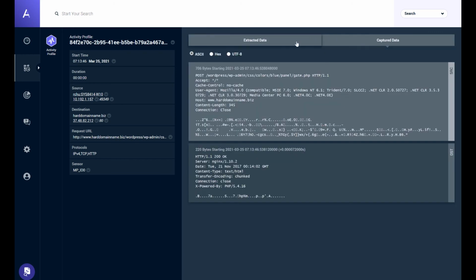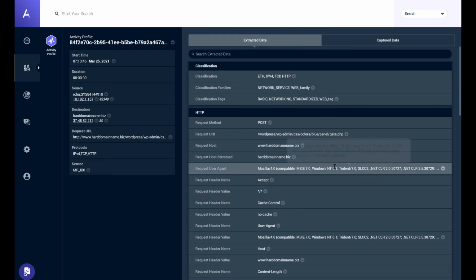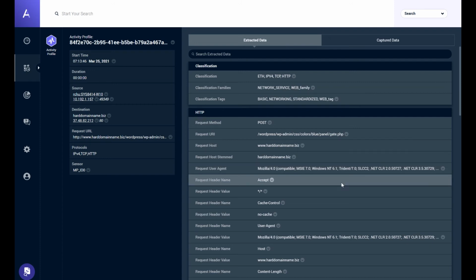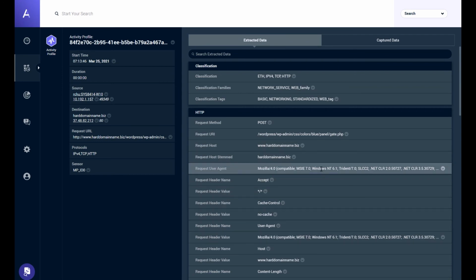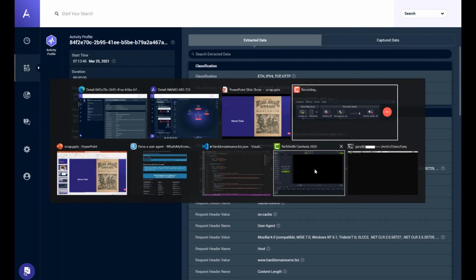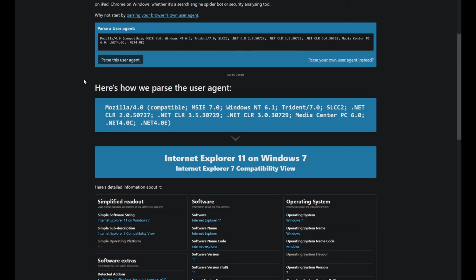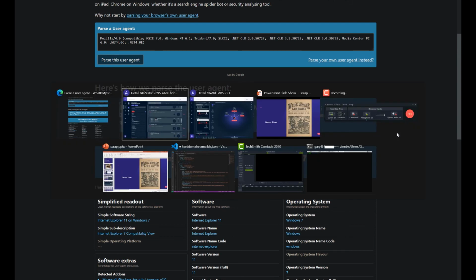And again, full packet capture, but we'll come over here and look at the parsed data. When we show traffic like this to humans, a lot of times investigators will see this and think, well, wait a minute, this is a false positive. This is not spoofed. This is normal. This is okay traffic. In fact, if I take this out, we can run this through a user agent parser. I mean, this doesn't seem like there are any problems here.